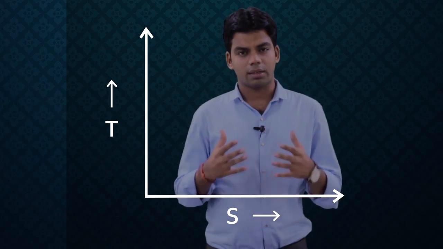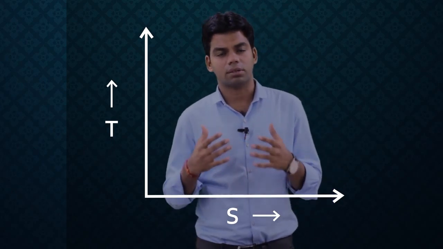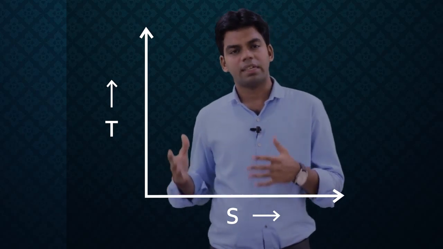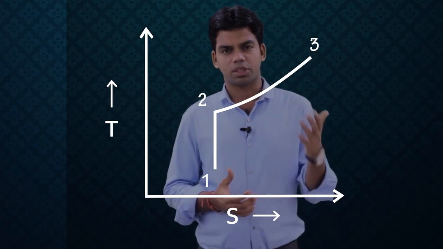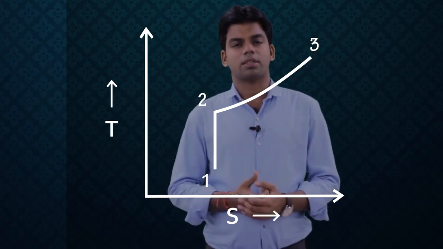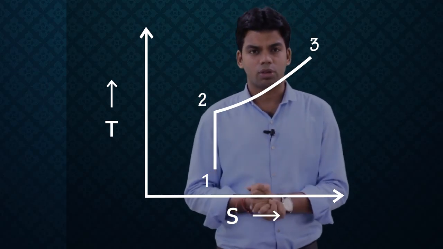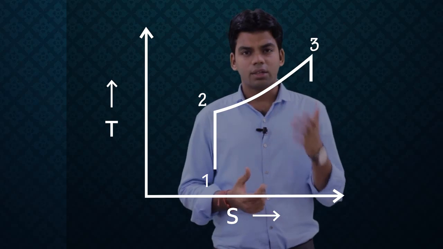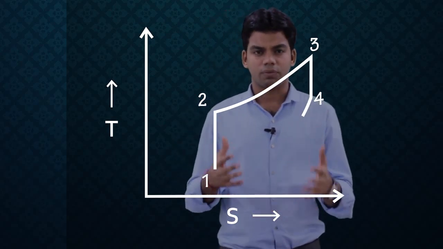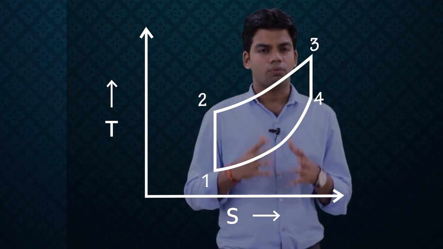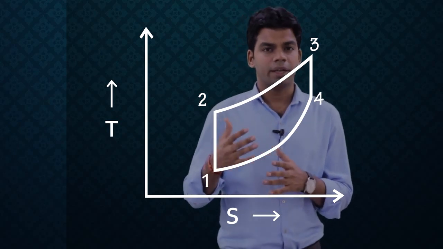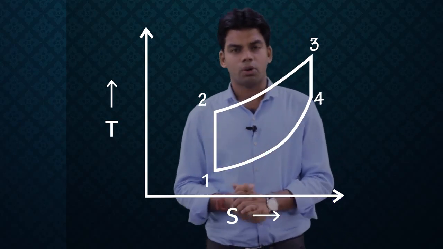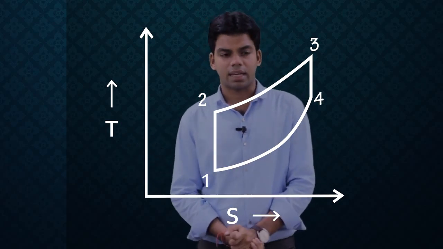Now similarly we can draw the TS diagram out of it. Process 1 2 is a reversible adiabatic compression process. Reversible adiabatic compression in the TS diagram would be a vertical line 1 to 2. Then 2 to 3 is a constant pressure curve, which we can draw, and as we know, the slope of constant pressure is always less than that of constant volume. So 2 to 3 is constant pressure. Then 3 to 4 is again a reversible adiabatic expansion process, a vertical line. Then 4 to 1 is the constant volume heat rejection process. This constant volume curve will have a higher slope as compared to the constant pressure heat addition process. So this is how the PV and TS diagram for this diesel cycle can be drawn.